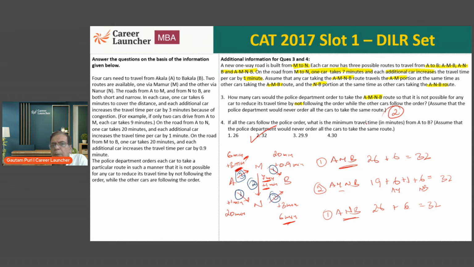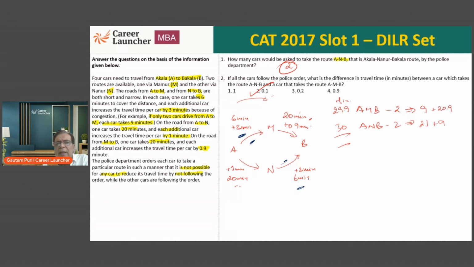If all cars follow the police order, minimum travel time is what we needed to find, and that is what we got. So while I've taken a lot of time to explain, ultimately what does it do? If you read the data, you can clearly say, without doing any calculation, this question should be straight away 2. Because as I said, equal number of cars should go on each side. And hence you can straight away get this. And based on 2, you can get the answer. Similarly, when you look at here,